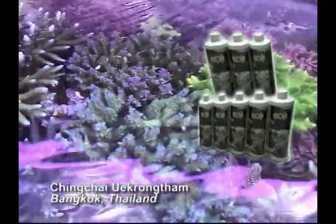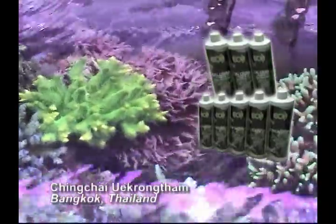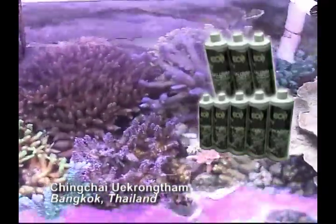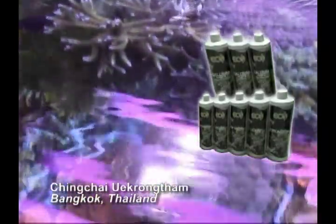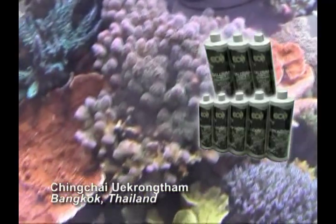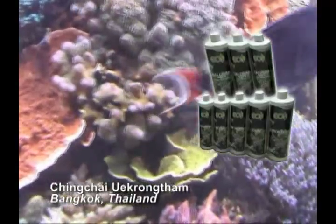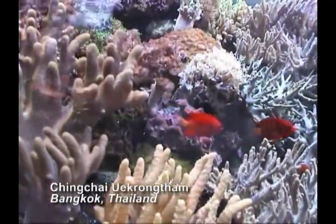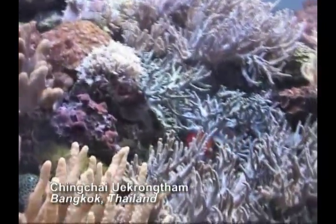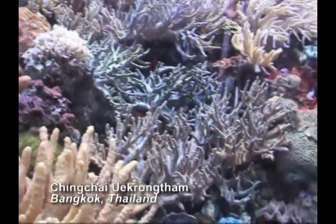Additional mineral and trace element supplementation, such as calcium, magnesium, iodine, strontium, and so on, will be needed for small polyp stony coral-dominated reef aquariums, as stony corals require large amounts of these minerals and elements to build their carbonate structures. However, for the vast majority of reef aquariums, including, for example, soft coral-dominated aquariums in which there is little